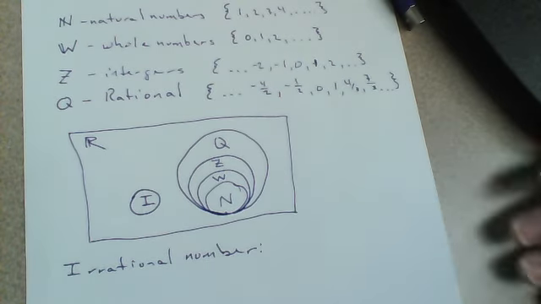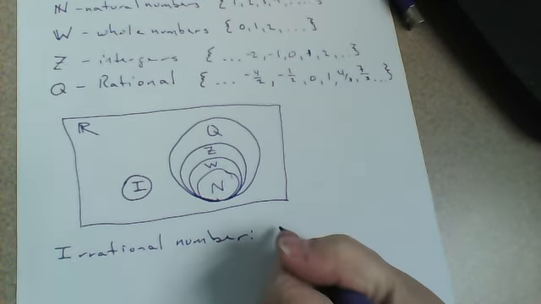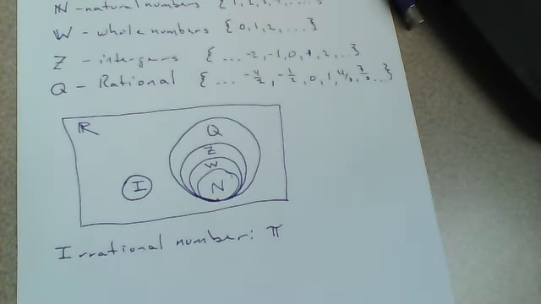I consists of things like pi, right? We know kind of where it goes because it's 3.14159, and that decimal keeps getting bigger and bigger and bigger, right? But it never stops. But we can tell you that it's between 3 and 4. We can even narrow it down to being between 3 and 3.5, or it's between 3 and 3.25. We can keep getting closer and closer and closer to it,